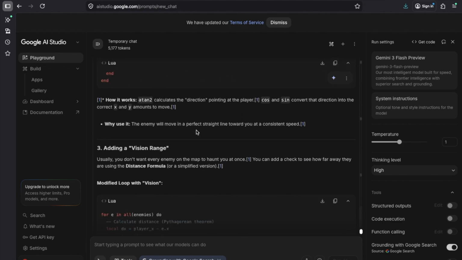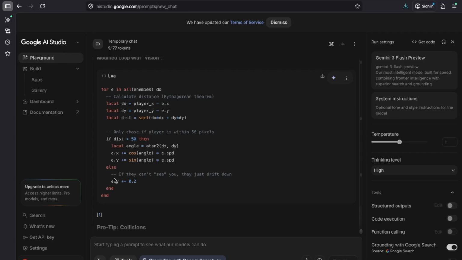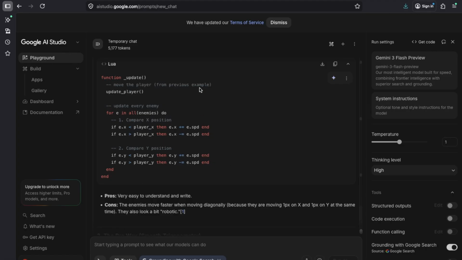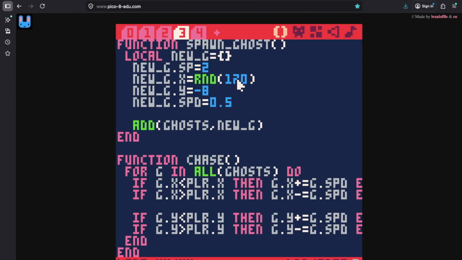If I were to go with this one that I didn't really understand how it works, it might make my game a little bit better, but it would make my comprehension a little worse. And the goal here is to learn how to do it, not so much make the best game ever.